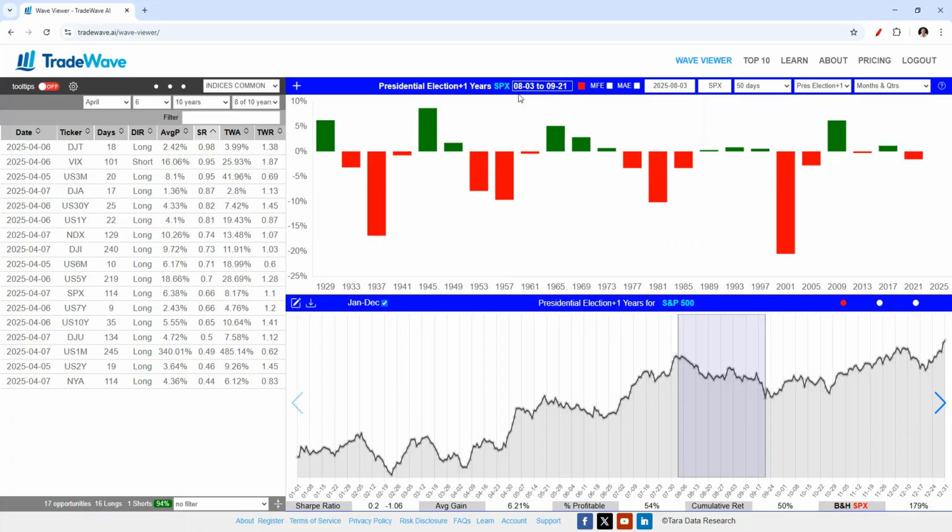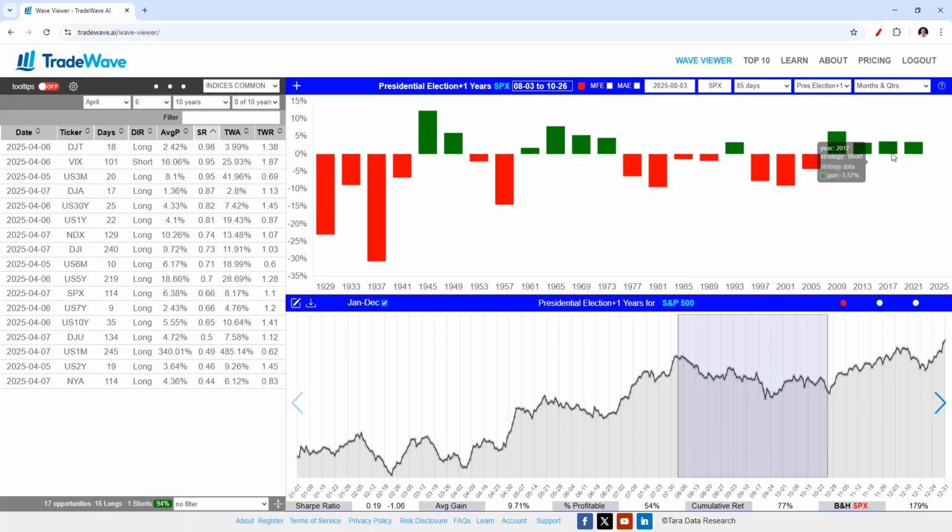This down period is from the 3rd of August until 21st of September. Goes very nicely down. It went down in 2021 also. Went down a lot in 2001, 20%. And look at this other bottom right there. You can even extend it there. You see, these 4 years were winners, and then a few other negative ones.